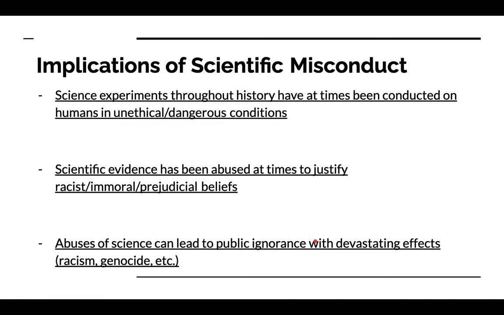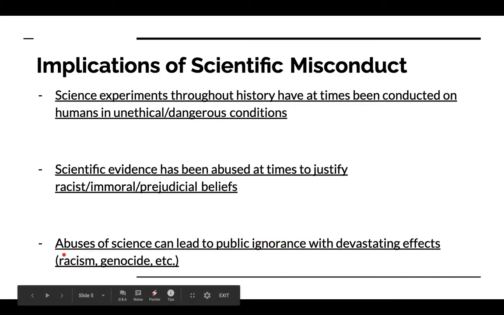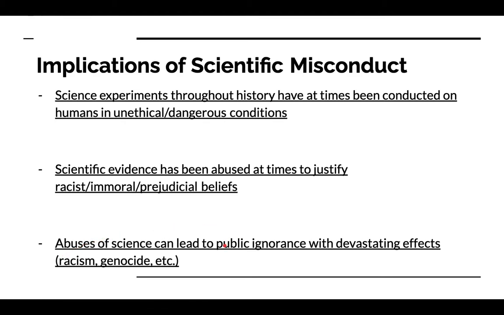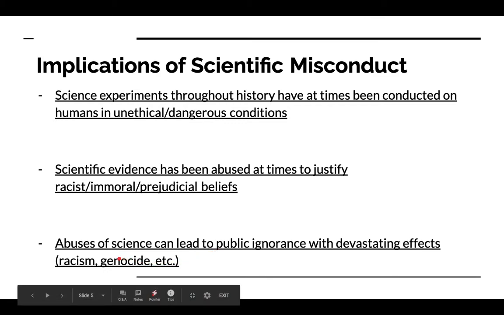Okay, the eugenics movement, a pseudoscientific movement that gained much steam in the early to mid 1900s, led to development of Jim Crow laws, which led to extensive racism. And the public were ignorant about this because they looked at eugenics and said, oh, if the public doesn't understand genetics, they're going to look at the eugenics movement and say, okay, these people know what they're talking about, I should follow them. And that has devastating effects because people become complicit in widespread racism.